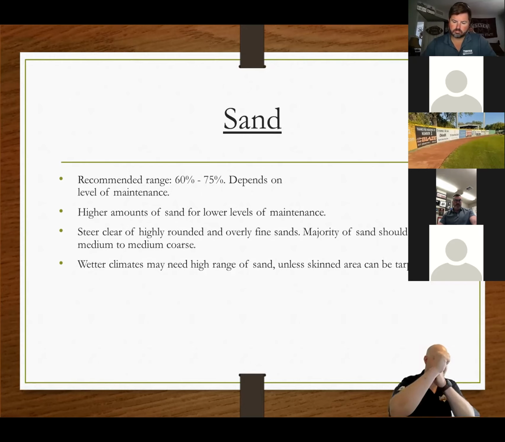Those materials are going to stack on top of each other and become a very, very hard playing surface. So having a little subangular to those sand particles will make a huge difference when you're talking infield mixes.